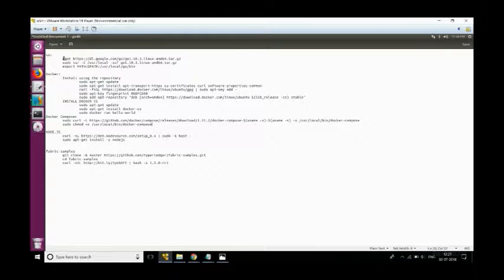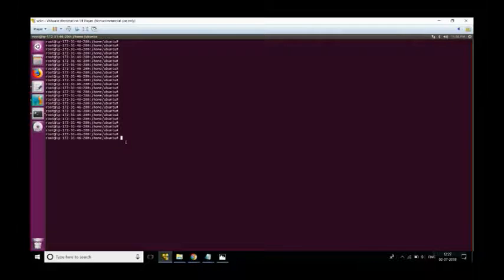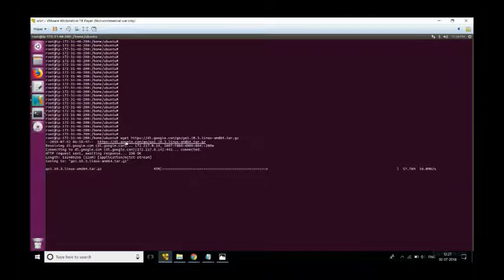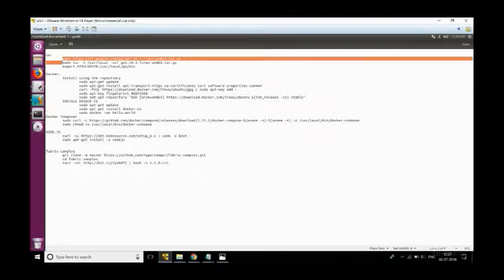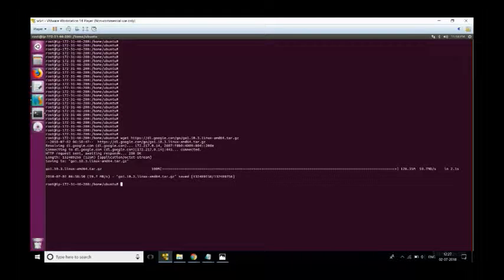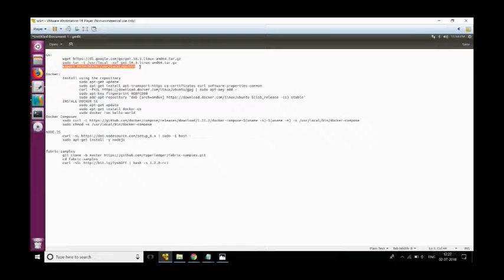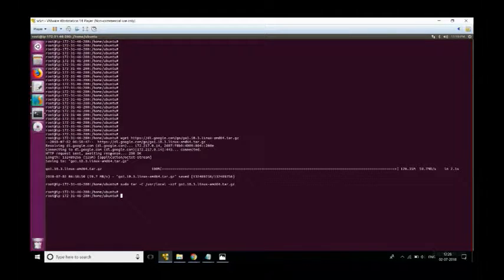Here, first we need to install the Go language. So we download Go. Once it's downloaded in tar file format, a compressed file, we need to extract that file. We need to wait until the file extracts completely. Then we need to export the Go path. Once the Go path is exported properly,